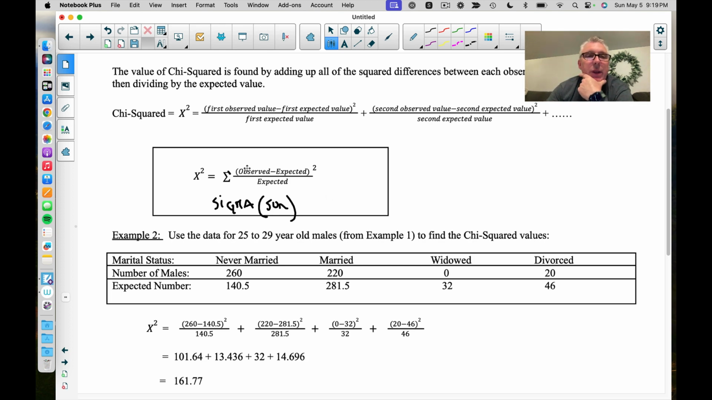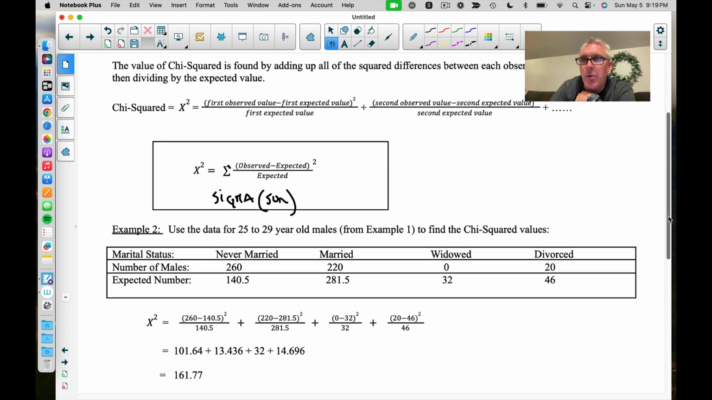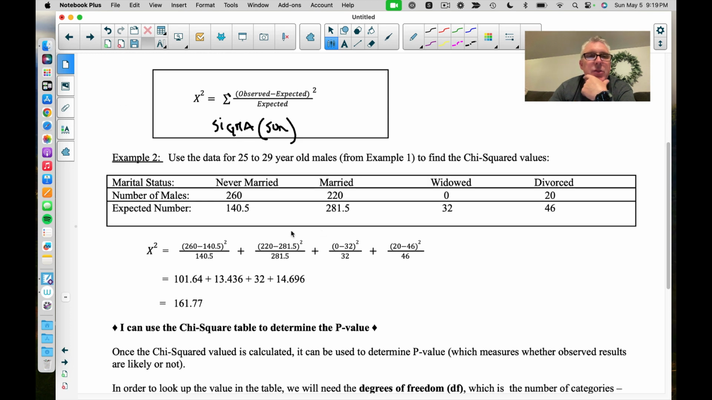For the example that we did, we had 1, 2, 3, 4 categories. So we're going to do 4 calculations. So let me kind of scroll down. The chi-squared, this big X squared, this would be my observed, these numbers on top, these numbers on the bottom. Those are what we got when we multiplied on that other page. Those should look familiar. So if I go observed